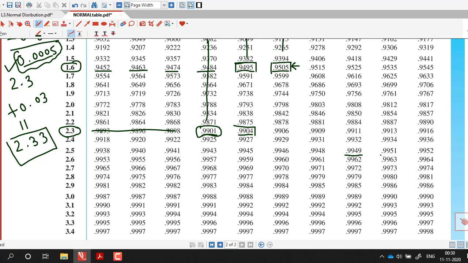Both the entries are near to 0.995. If you take the difference of these two entries from 0.995, the difference will be the same. So both the entries are closest to 0.995, and the values of z corresponding to these two entries are,